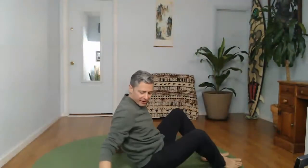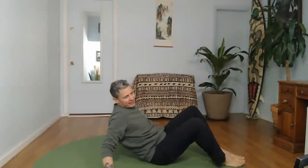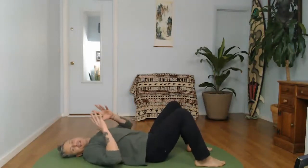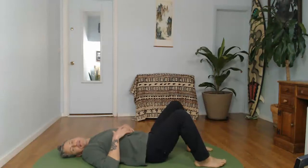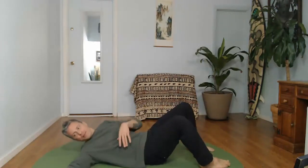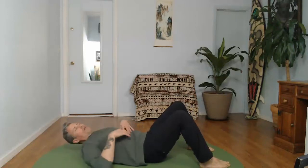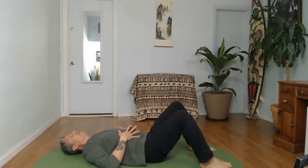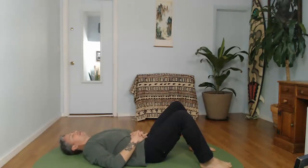All right. So starting on our backs, we're going to start by just turning our attention inside, guys. So you can close your eyes if you want and bend your knees if that's more comfortable for you. And all we're going to do is we're just going to take our attention and bring it inside the body. And we're going to focus on our breathing this morning. So if you want to place your hands on your abdomen,